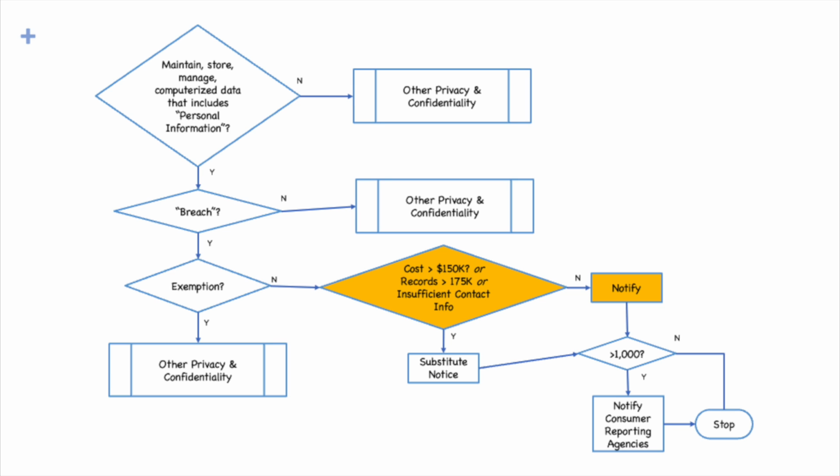The notice can be made by email, phone, or a written letter to the individual's Pennsylvania address. If notification is made to 1,000 individuals or more at one time, notice must also be sent to all consumer reporting agencies such as Equifax, TransUnion, and Experian. With notices having been sent, your business's obligations under the Pennsylvania Breach of Personal Information Act are now fulfilled.